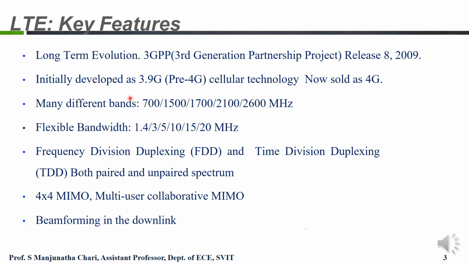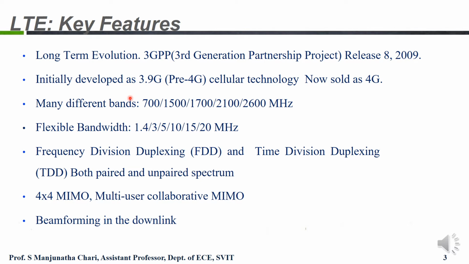Yes, this can also be called 3GPP, that is third generation partnership project, which was released in August 2009. Initially it was developed as 3.9G, or we can say before the release it was named 3.9G, whereas now it is sold as 4G, or it is providing a service as a 4G